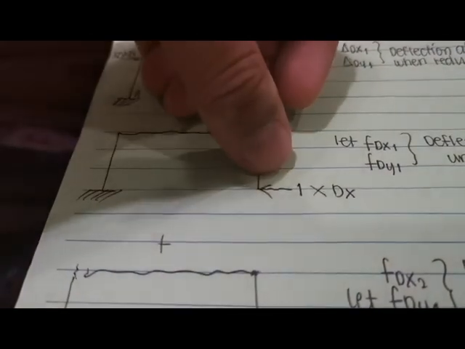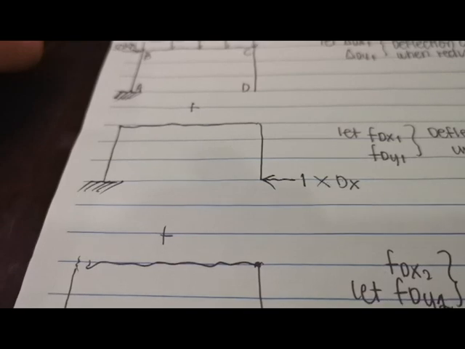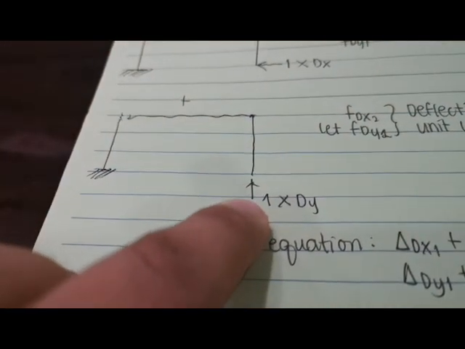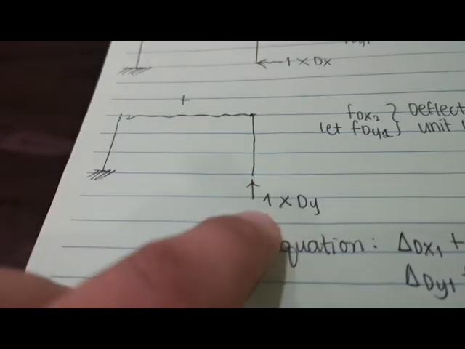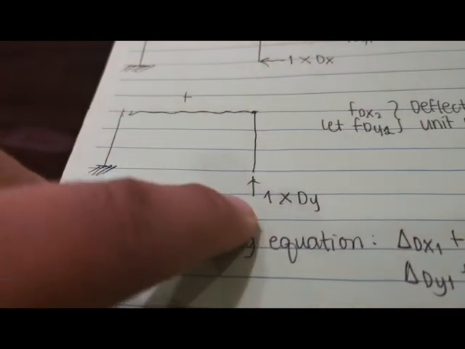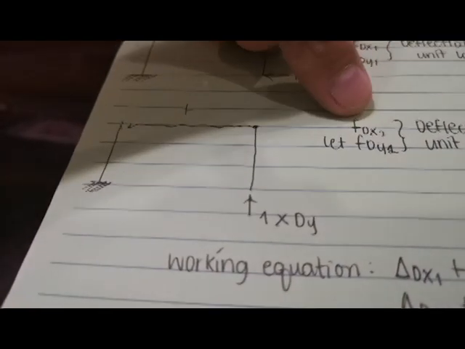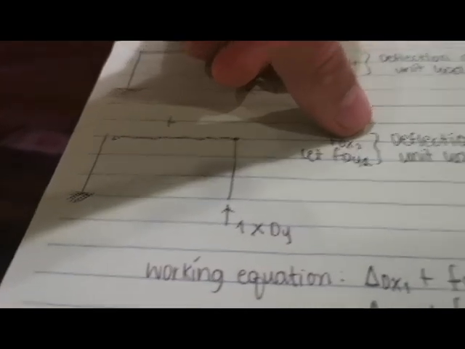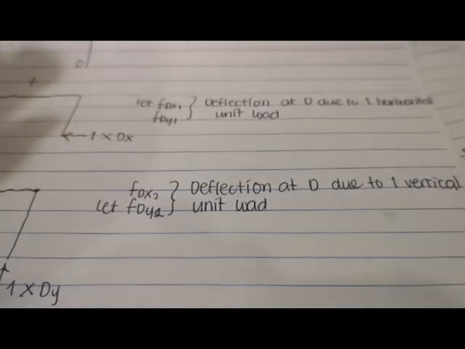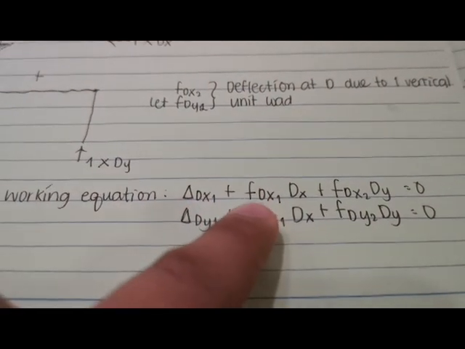Next, I'm going to remove this load and then we'll replace it by our vertical load, and I decided to assume that our vertical reaction at D will be vertically upward, so therefore I apply a single unit load upward, and then again due to this, it will deflect again, and I decided to assume that your FDX2 and FDY2 will be the deflection at point D due to the vertical unit load. So therefore, our working equation now will be delta DX1 plus FDX1 times RDX,